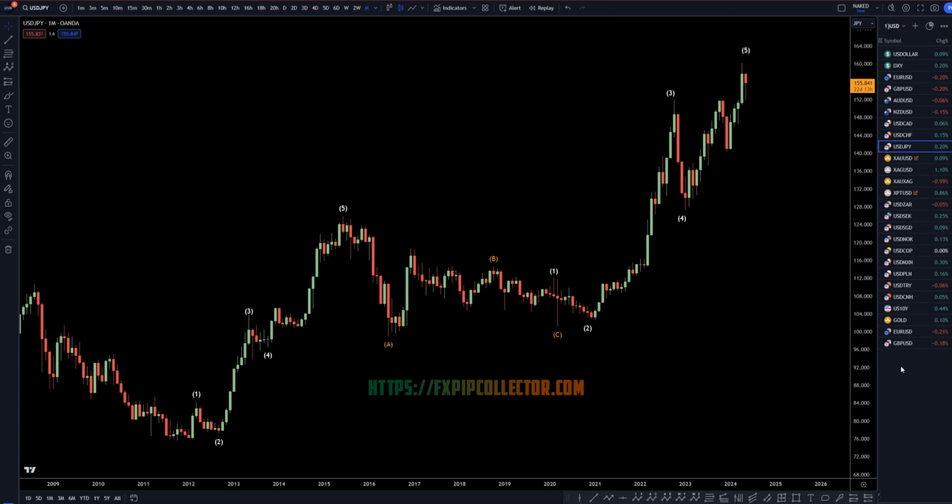Today is Thursday, May 9th, and this is my analysis of the US dollar yen, starting on the monthly, working my way down to the 1 hour time frame for the full top-down analysis. So on the dollar yen, I'm definitely still looking at this as an uptrend. I still think this looks like a wave 5, but for me there's still no proof that the wave 5 is actually over, and I really don't even think that this really is going down in any significant way as